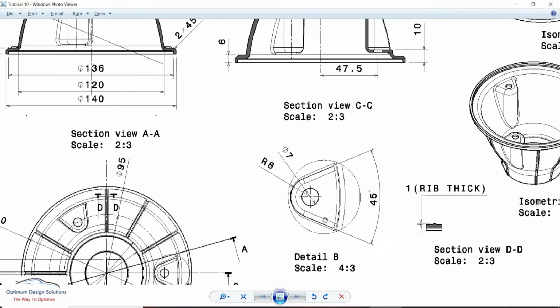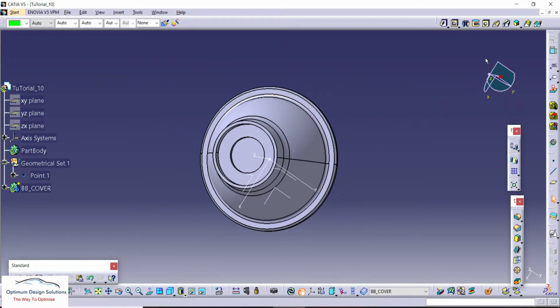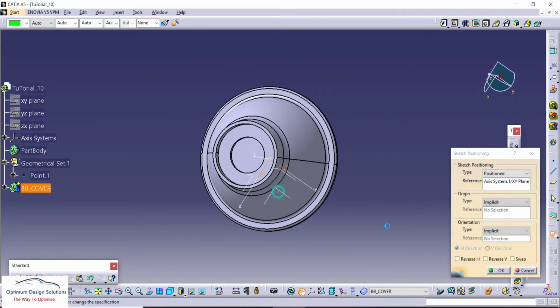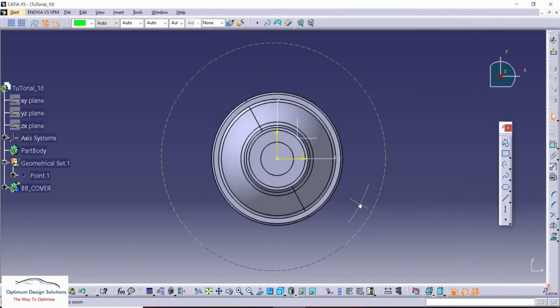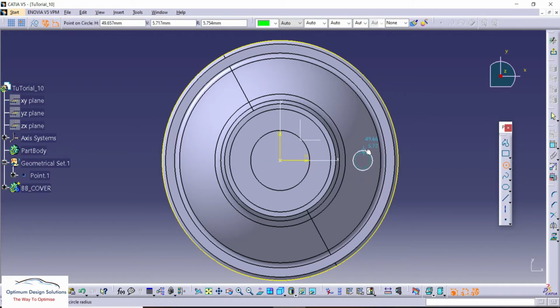Now let's move towards the mounting. Detail view B, so we'll start to design. There are three mounting points divided at 120 degree angle from the center plane. Before that, we'll draw the first one.